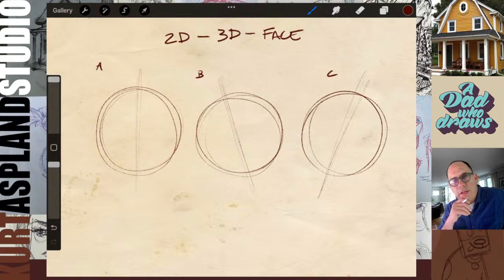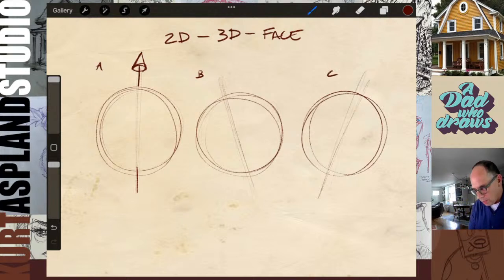All right. Next step, we have to determine the 3D axis, meaning is it leaning towards us or is it leaning away from us? So in A, let's just say our axis was leaning away from us. That means the head is going back. So I'm simply going to add the underside of that arrow there so you get a sense that it's going back. And if it's going back, the brow line, we're going to be looking up at the brow line.